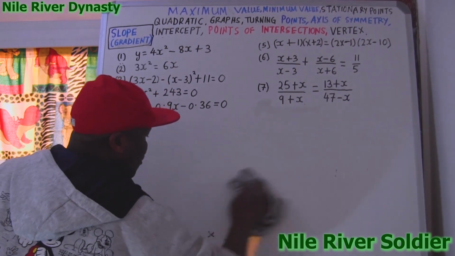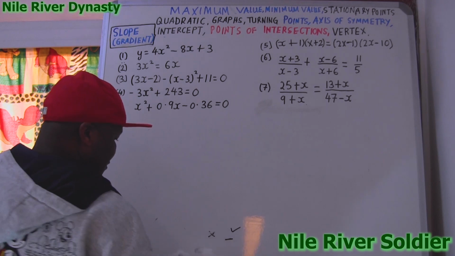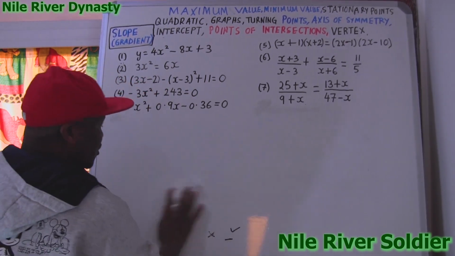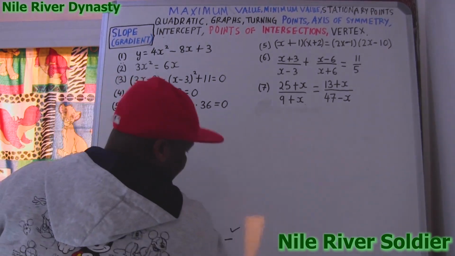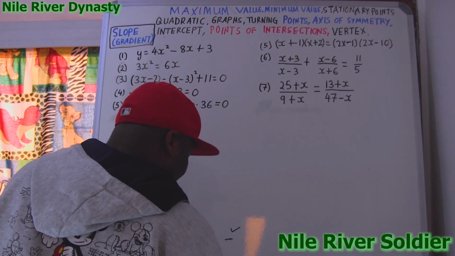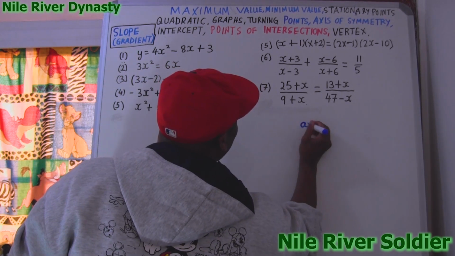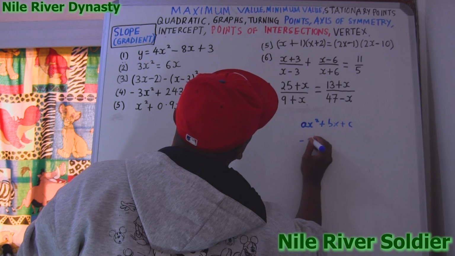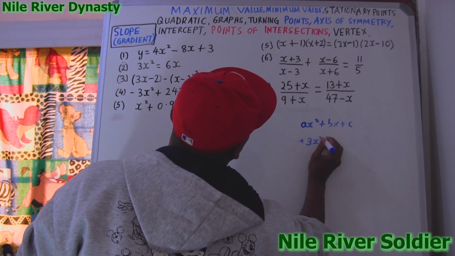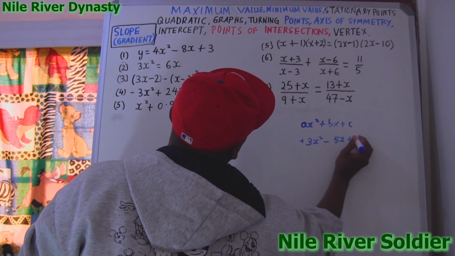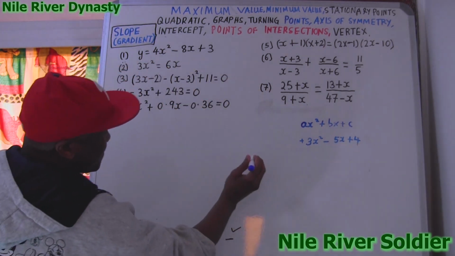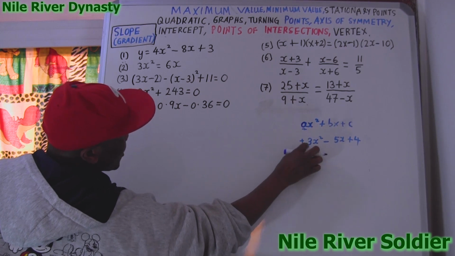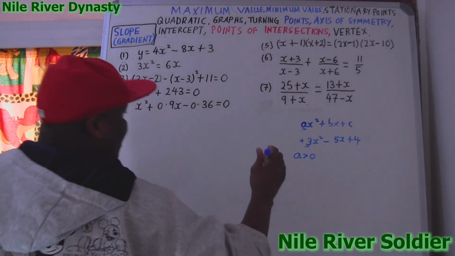Let's start with the first equation. Before we get started solving this, if somebody gives you, let's say, 3x squared minus 5x plus 4, we know this is the standard equation of a quadratic. This is a. If a is greater than 0, because 3 is greater than 0, then when we draw your graph,